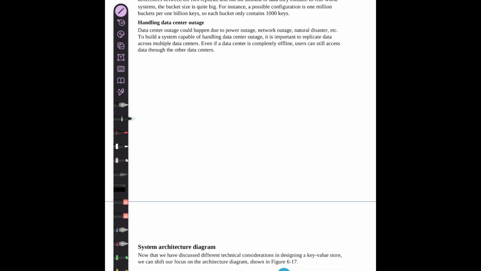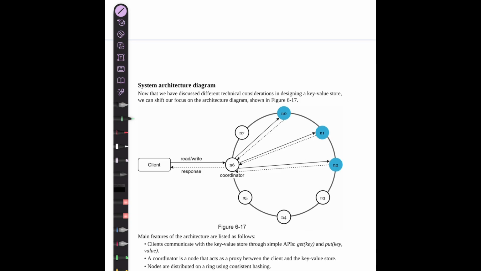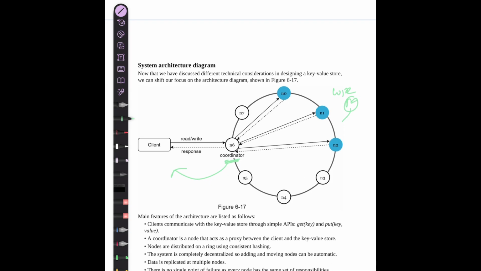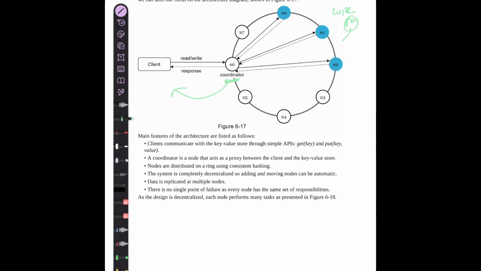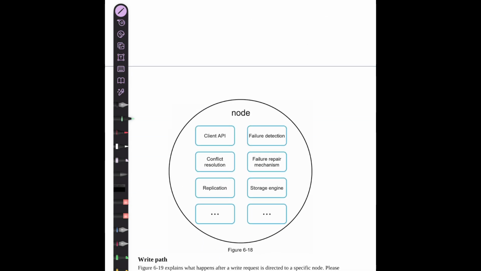Okay. Now handling data center outages. So there's a coordinator. Now the coordinator, in order to reply to the client, receives acknowledgements from the nodes that are up and available. So the concept of W and R that we have read: if at least W nodes give acknowledgement, it allows the client to do a write, and if at least R nodes give acknowledgement, it allows the client to do a read. So this leads to a very decentralized system. The nodes have the responsibility to acknowledge read and to acknowledge write.